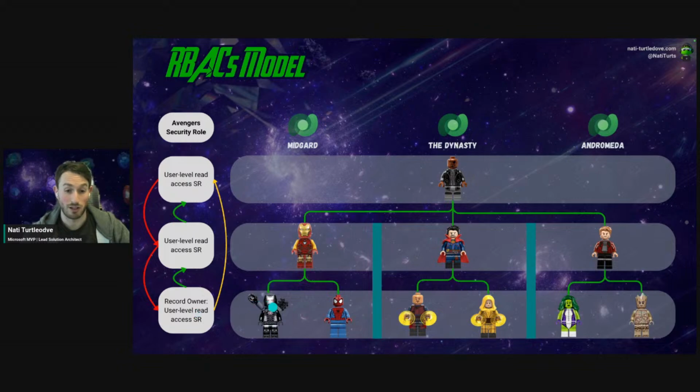So for a record over here that War Machine created, yes, Iron Man can see it, interact with it, and deal with it directly. But because our depth level is set to 2, Nick Fury can only view it. That's what our yellow line represents. He can only view the record. And lastly, if Nick Fury were to create a record, or vice versa, Iron Man were to create a record, because they're subordinates below them, they wouldn't be able to view that record. Again, it's a user privilege, etc.